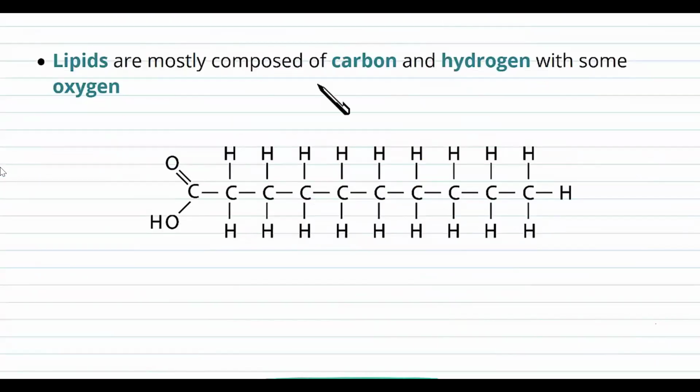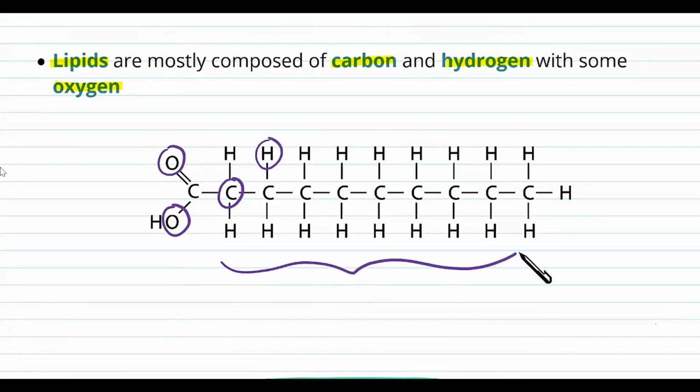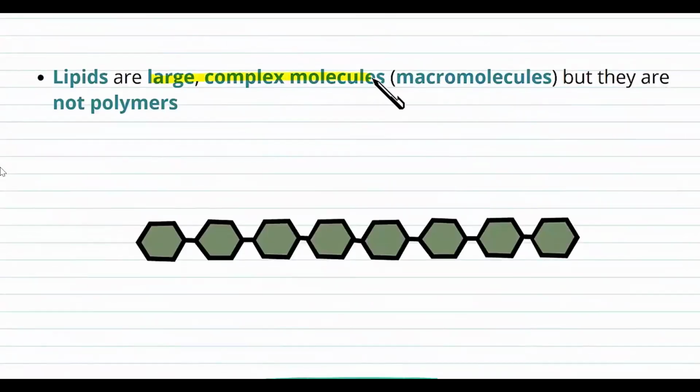So lipids themselves, whether we're talking about triglycerides or phospholipids, are mainly composed of the elements carbon, hydrogen, and there is some oxygen thrown in there as well. So it mainly has the same elements as carbohydrates. So we can see that there's lots of carbon across the chain of the molecule, there's evidence of hydrogen, and there's some oxygen as well, although the oxygen is a lot less common. We tend to see this long chain of carbons and hydrogens and this is known as a hydrocarbon chain. So hydrocarbon chains are often found in these lipid structures, and at the end we have different groups depending on the different lipids. They're very large complex molecules, so we call them macromolecules, with macro meaning large, but they are